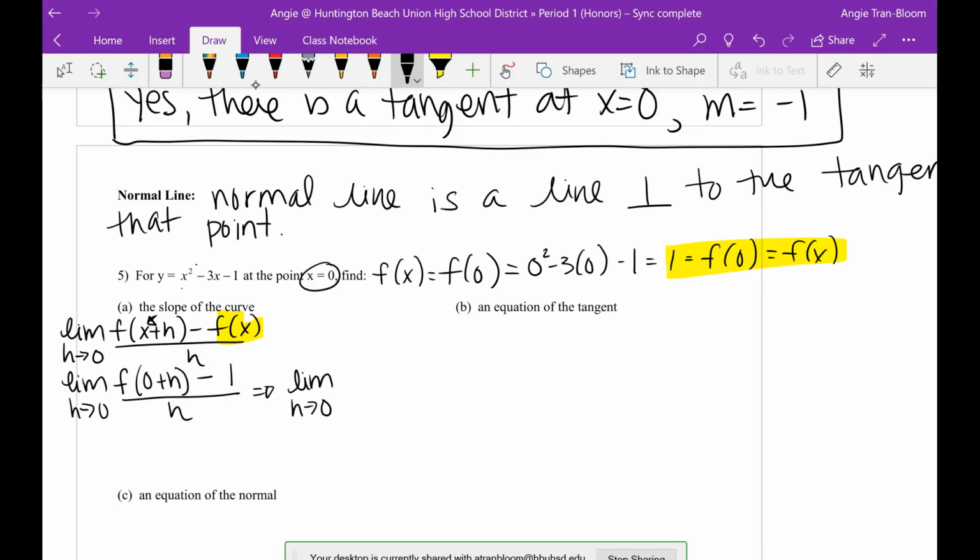I can now put in h for every time there's an x value. So let's do it. Okay. That is now h squared. This is now minus 3h. Drop the 1 down. Minus your f of x, all over